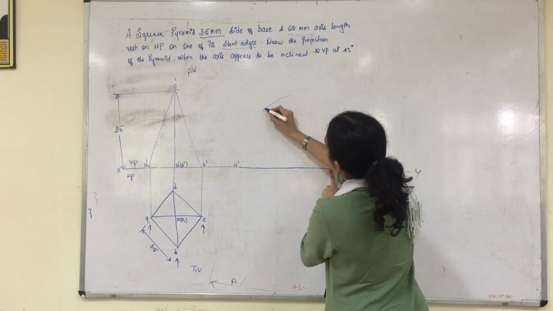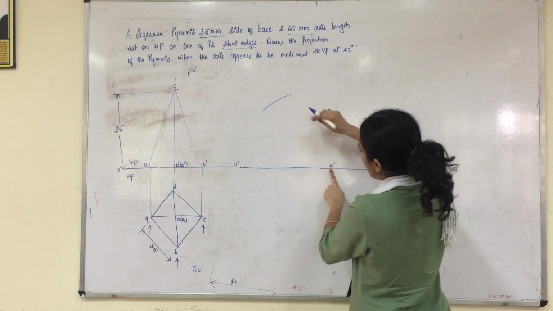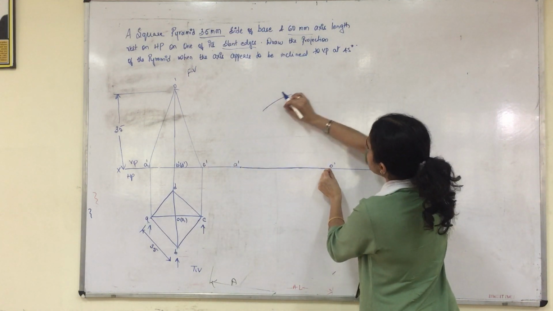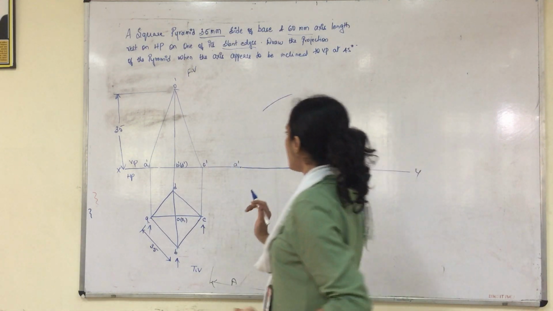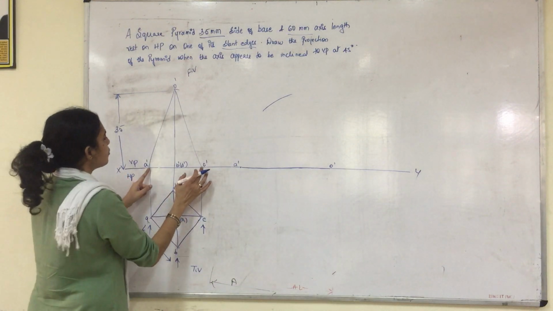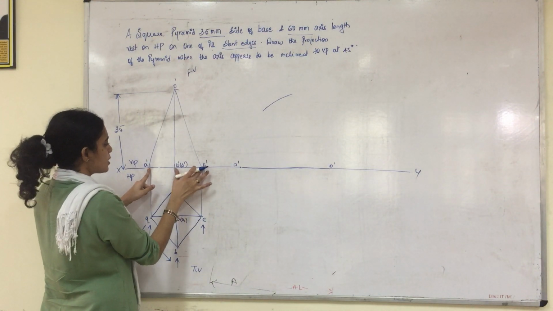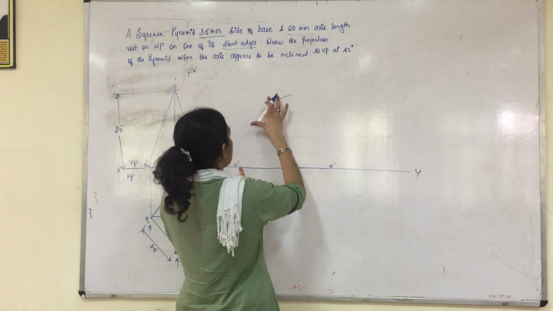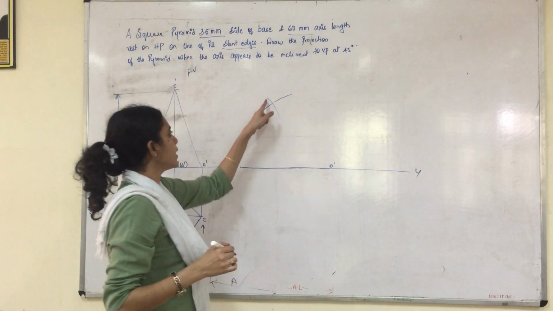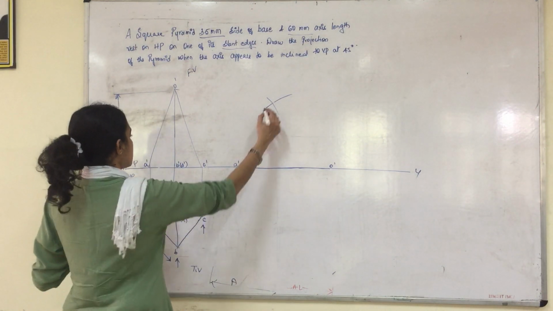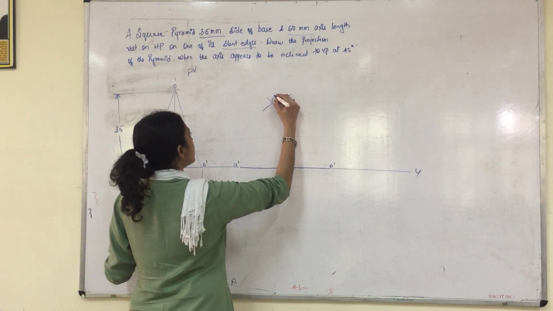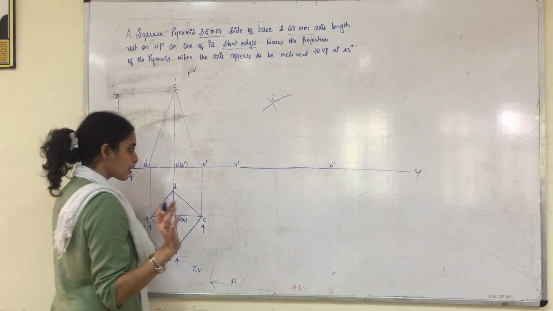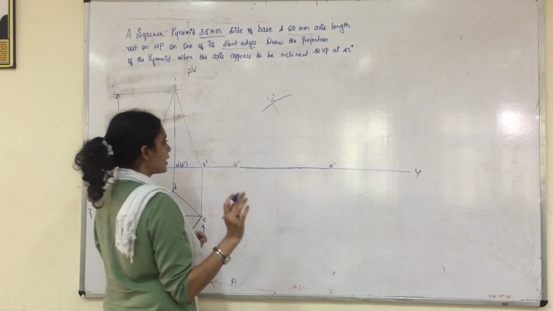So you don't know where it meets the other side. So you measure this distance, keeping one end of the compass here, and cut an arc. Then come back over here and measure from A dash to C dash using the compass. Keep the same distance at A dash and cut an arc. It will meet somewhere. This intersection point will be our C dash, because you have A dash and O dash already with you.